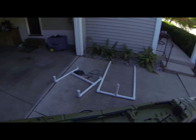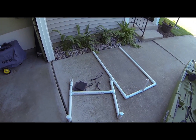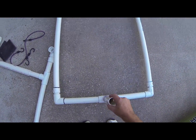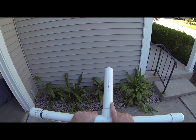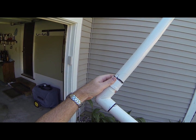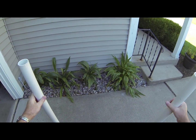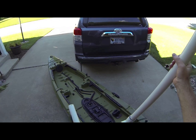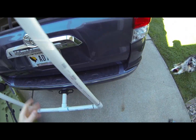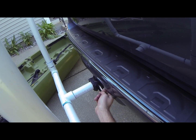I watched a lot of YouTube videos, and I came up with my own little design here, because nothing else seemed to work. It's made out of PVC, and this is a hitch pipe here with a T-bar, and then there's two vertical bars. These two vertical bars will unscrew so this thing can break down even more. Essentially what I do here is I just put this right in the rear hatch, then put the locking pin in,